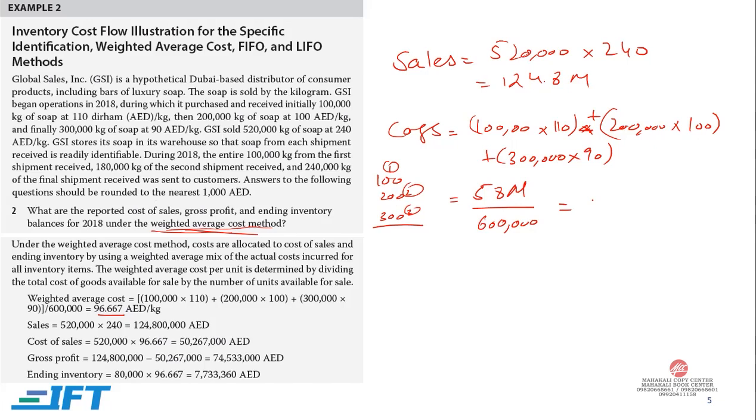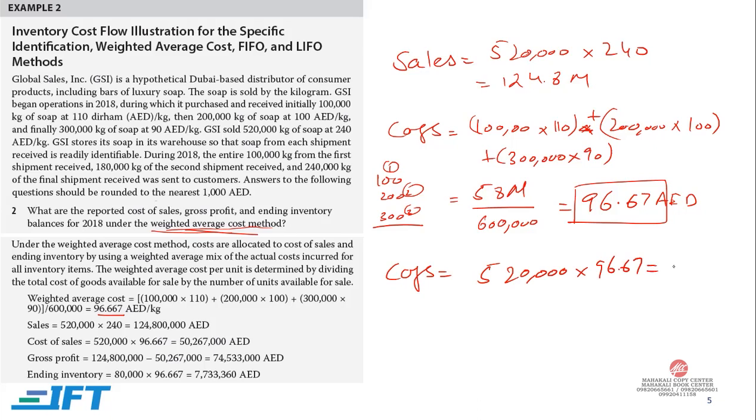So 58 million divided by 600,000 kilograms. Each kilogram cost is 96.67. So each kilogram cost us 96.67 dirham. So cost of goods sold would be, we sold 520,000 multiplied by 96.67. This gives us 50.267 million. So 50.267 million is your cost of goods sold. Gross profit would be 124.8 minus 50.267. This equals